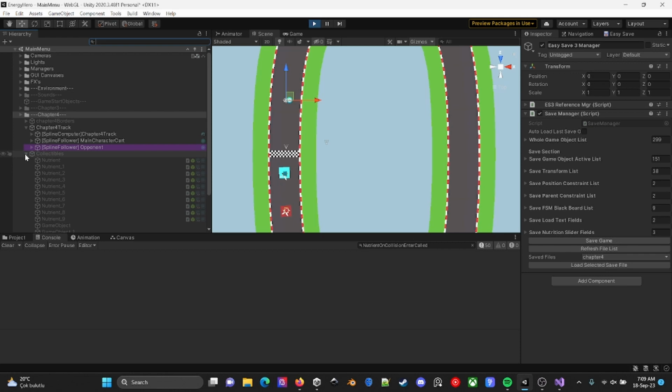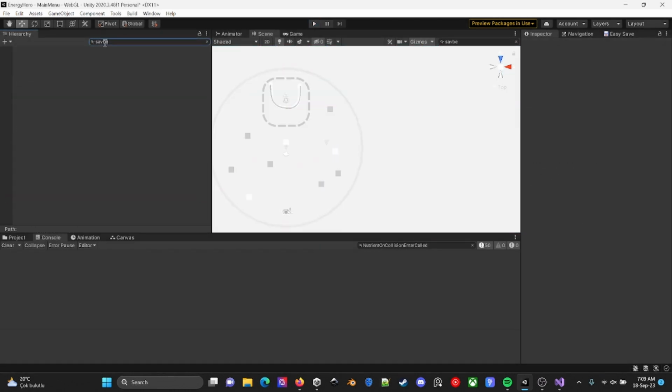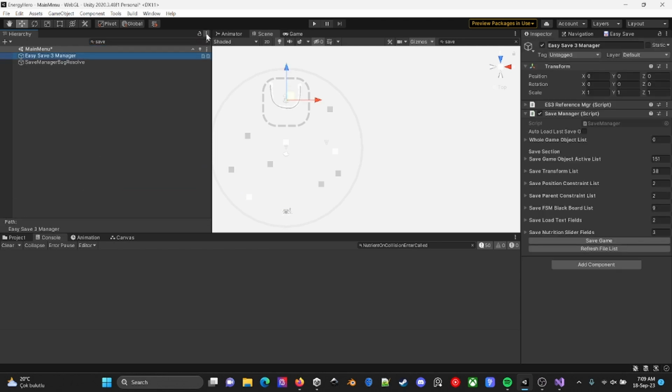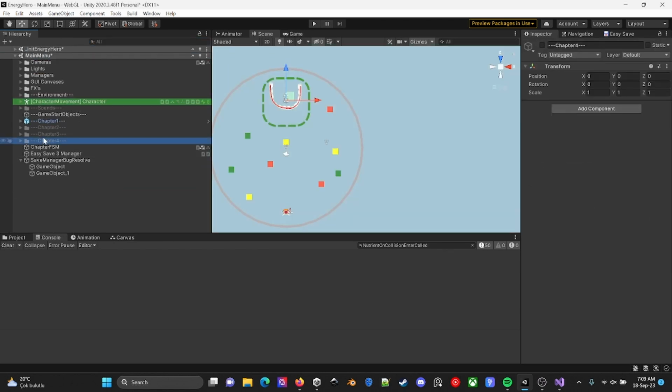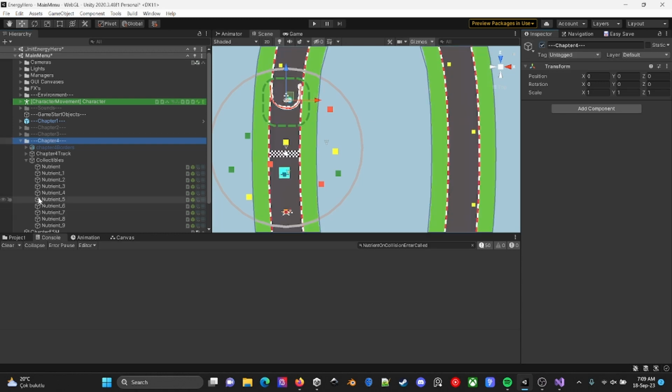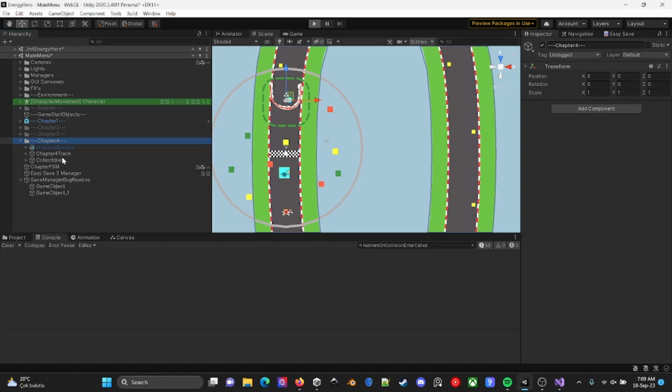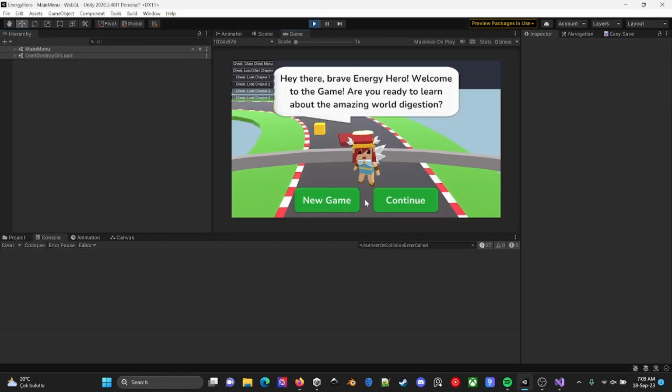Chapter 4, because my collectibles are disabled. However, I want them to be enabled. So I just needed to generate another save file.